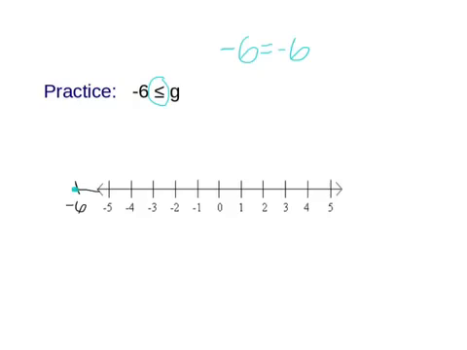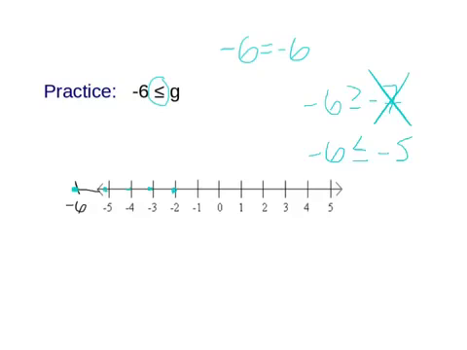Now let's plug in some numbers for g to figure out which ones are part of our solution. Let's start with -7. -6 is greater than or equal to -7, not less than or equal to. So -7 is not part of our solutions. Now let's take a look at -5. -6 is less than or equal to -5, so that is part of our solutions, as will be -4, -3,